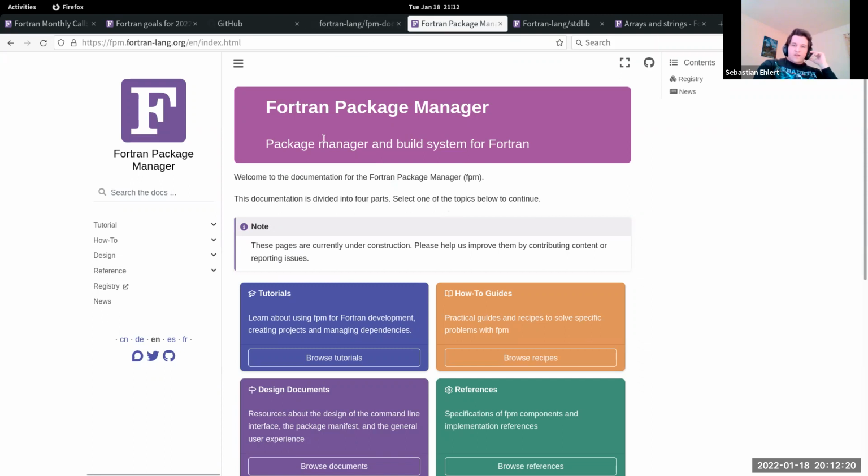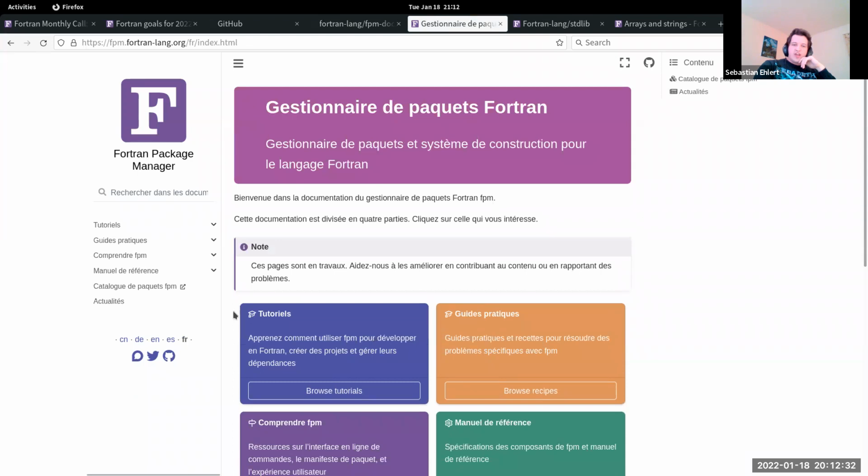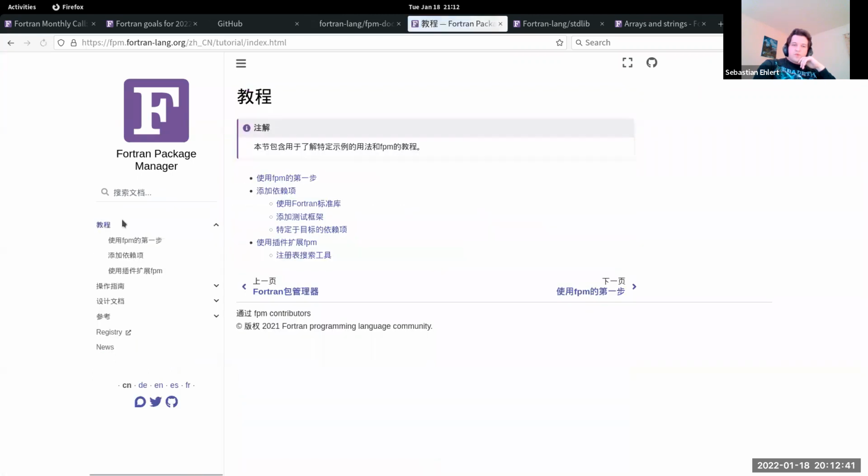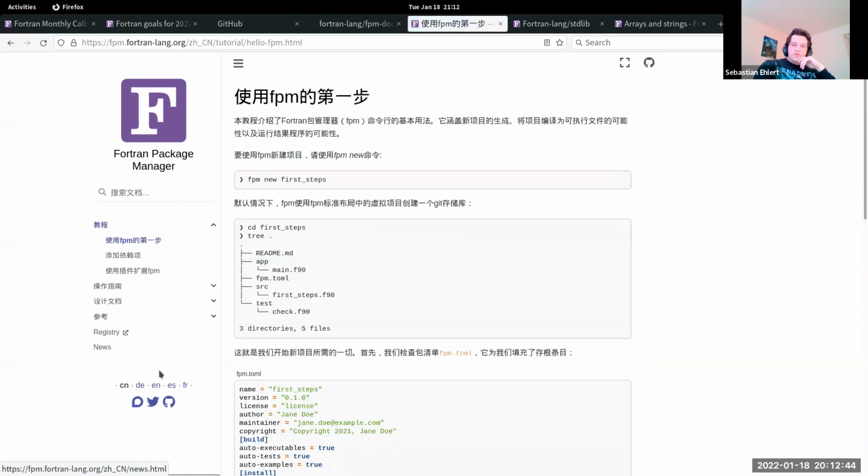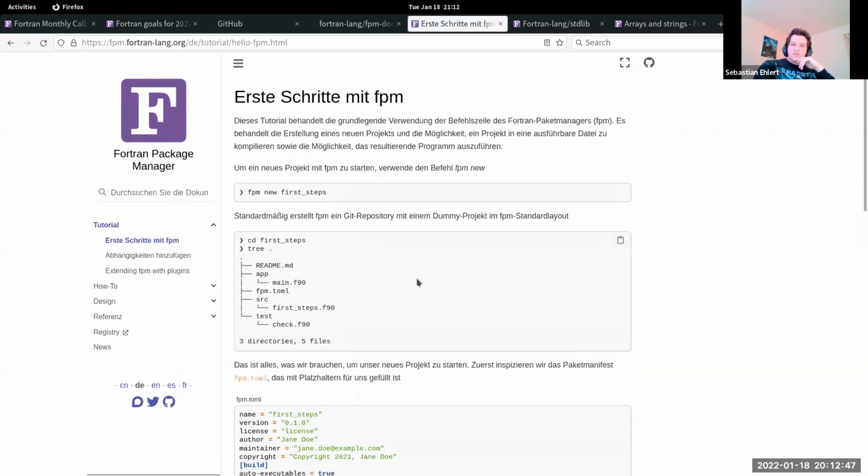And another great thing which I found really important is that we actually can support a multilingual page. So if you look here, then you can basically change the language. And we have a couple of translations now. And if you navigate through, you can always change. And I think this is really important that we are supporting an international community, because there's a lot of interest of producing localized content.